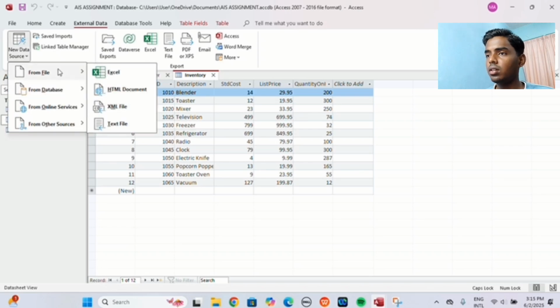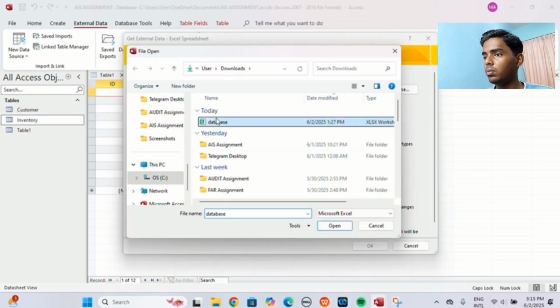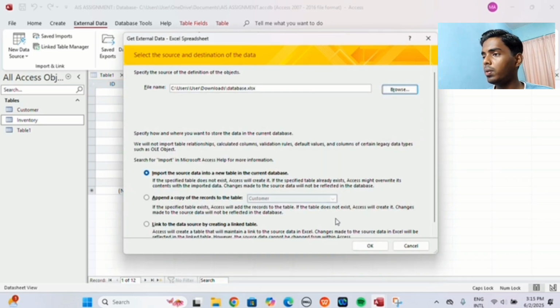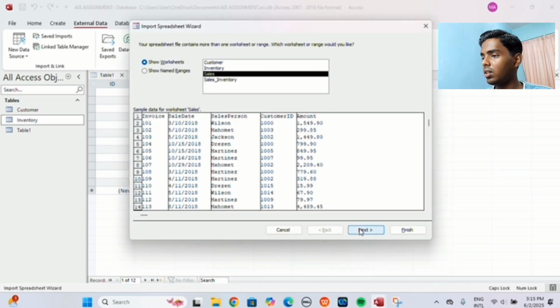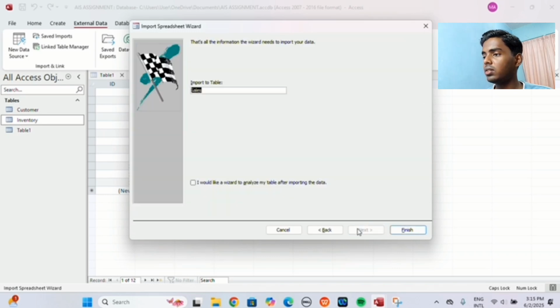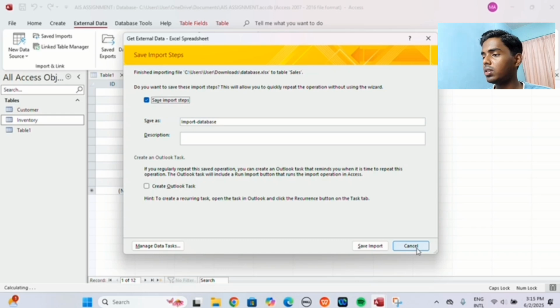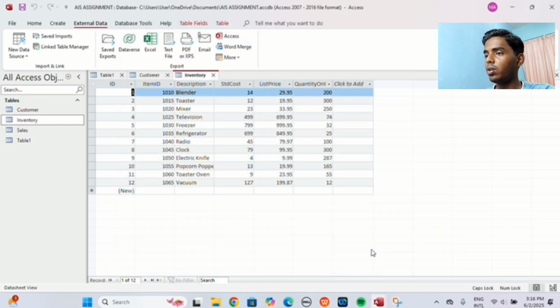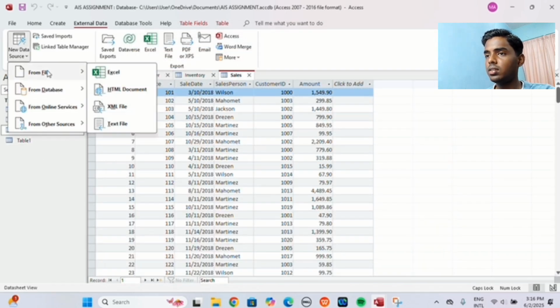So next, sales, same also, database, open, OK, and then click the sales, next, finish, and then we'll save the import steps, same also, and then we will change the title here as sales. So save import, and then here we will get the sales,